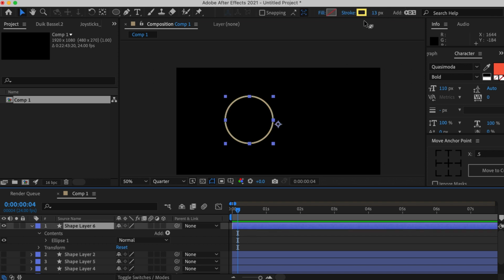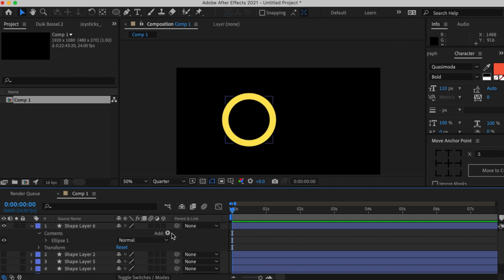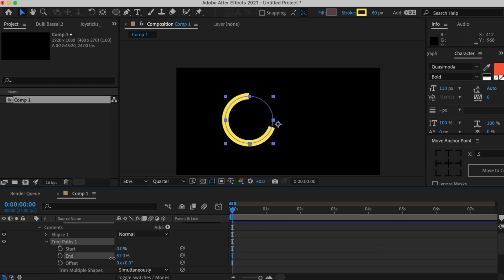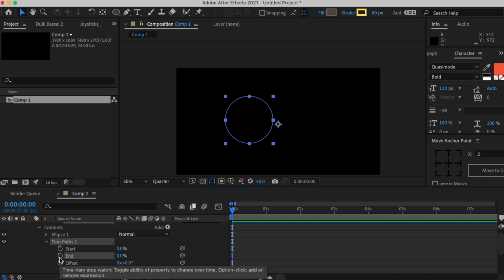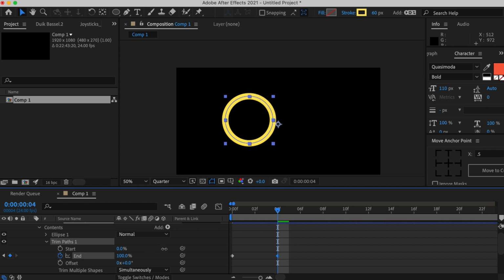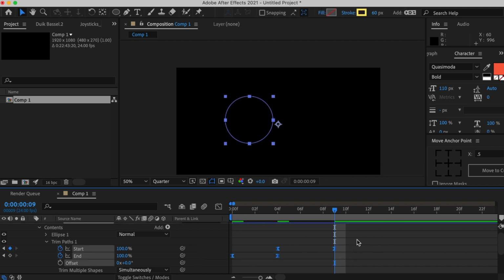And maybe let's change the stroke width to something a bit thicker. And then we could add trim paths to this. Click add. And then let's trim the paths. Right? So this one could be used for UI animations. So let's animate the start. Move forward in time. And complete the path, and then let's cancel it out with the start property. So from 0 to 100, and let's just F9 this, easy ease,